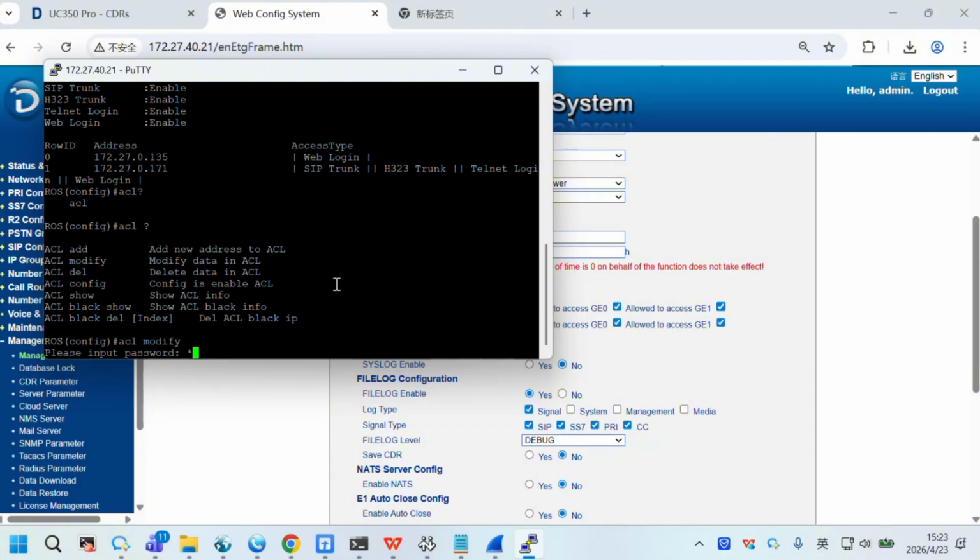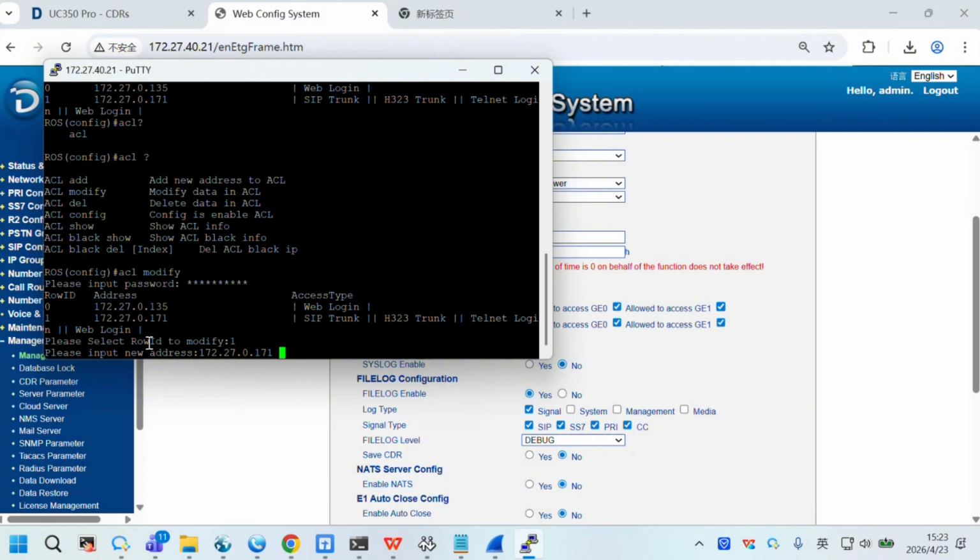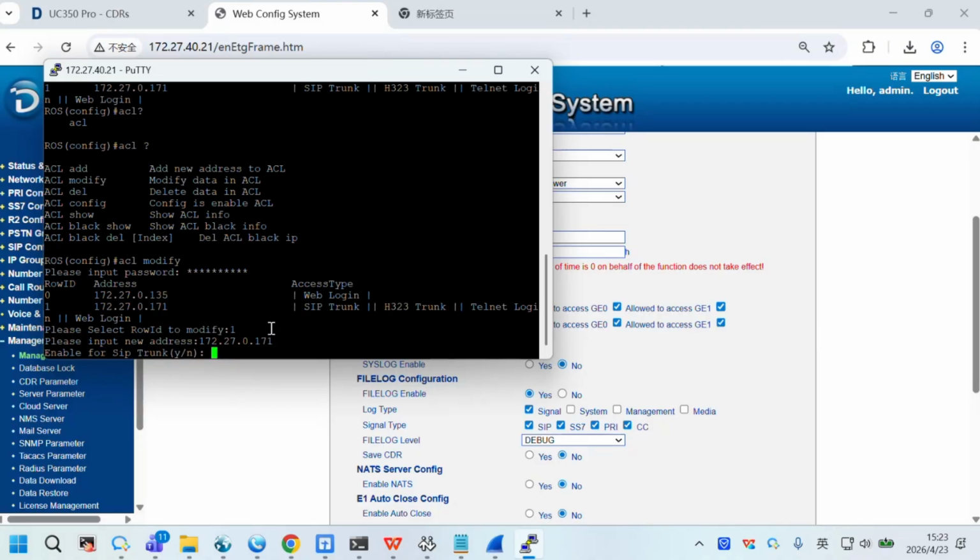And the password is superadmin. So we need to adjust this address, my IP address. We need to select the row ID and the new address. We don't have a new address, so we just